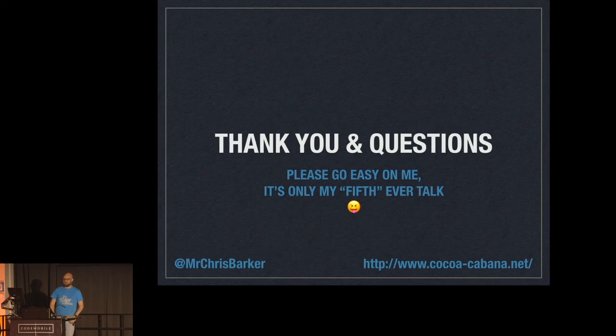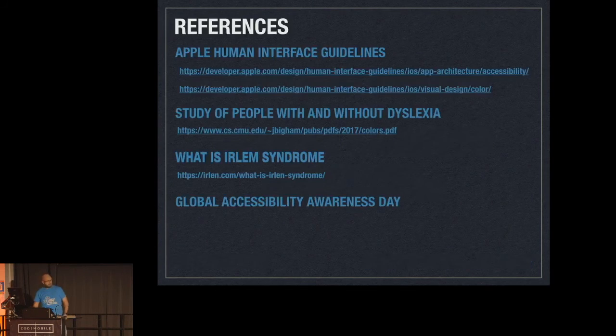If you did decide to put these colours into your app to support Irlen's, are there any resources that give you the actual hex values, the exact colours to use? Yes, I think if you go to that link, I've actually got some there. They don't give you the exact hex values, but they give you the rough shades, so you can play around and work it out. I tried a couple of different ones with Neve before I got the bang on colour that I wanted, so there are no exact colours.